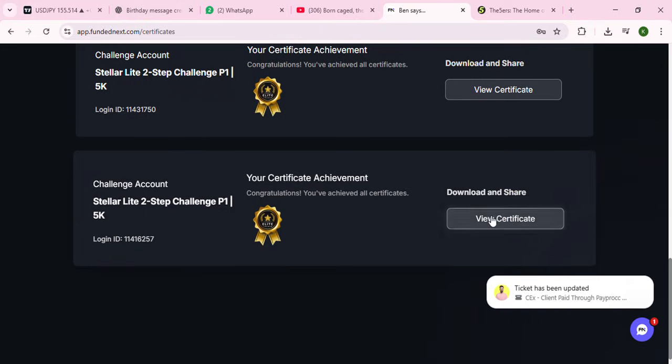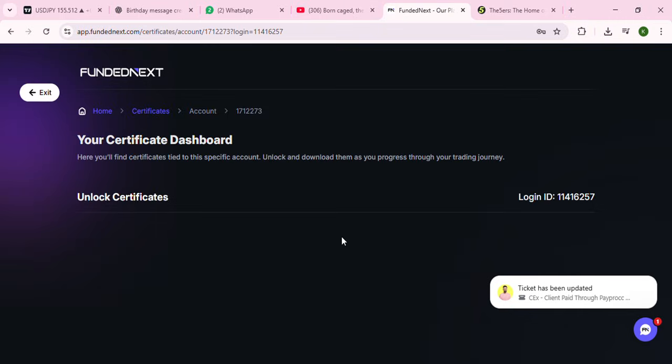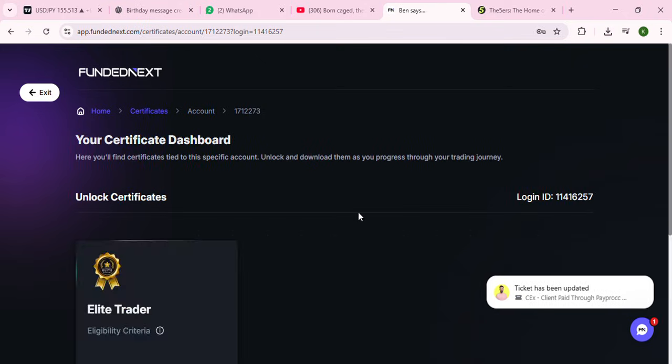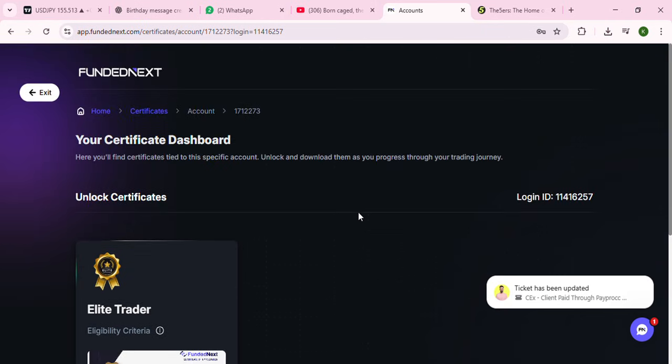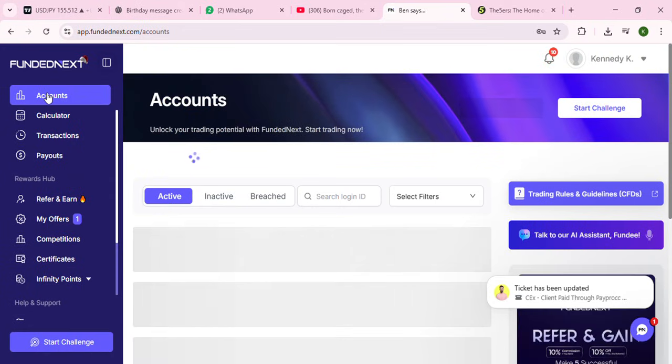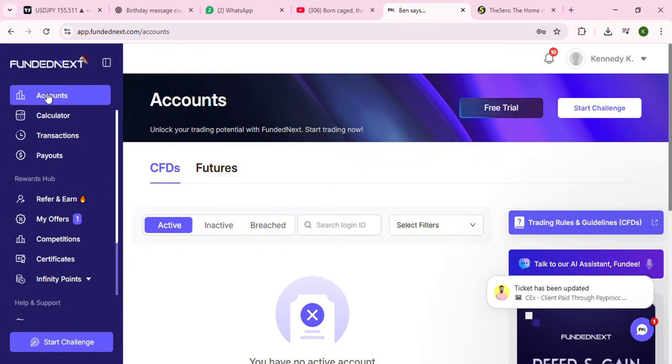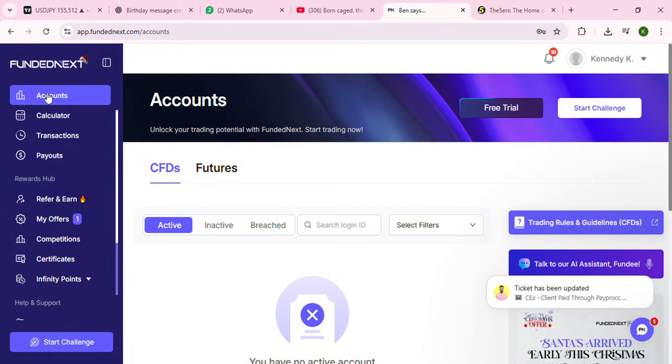I can just view this one. Let's see, view certificate, the certificate dashboard, elite trader, and so on. So I got the 3 certificates, and the certificates motivated me. Actually, I feel motivated. So that's the achievement I can say I have this year from trading, the 3 certificates,